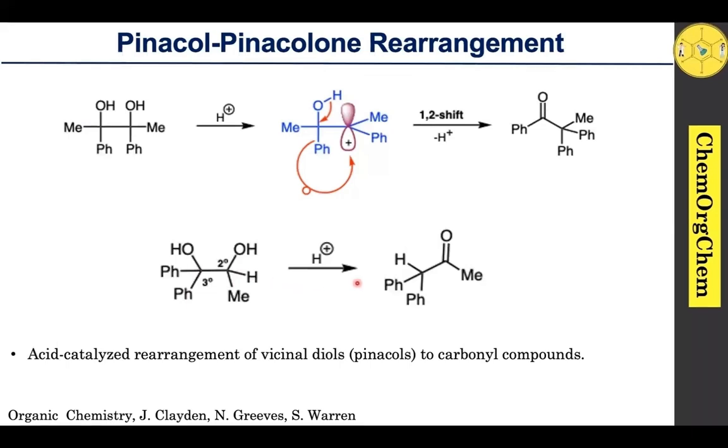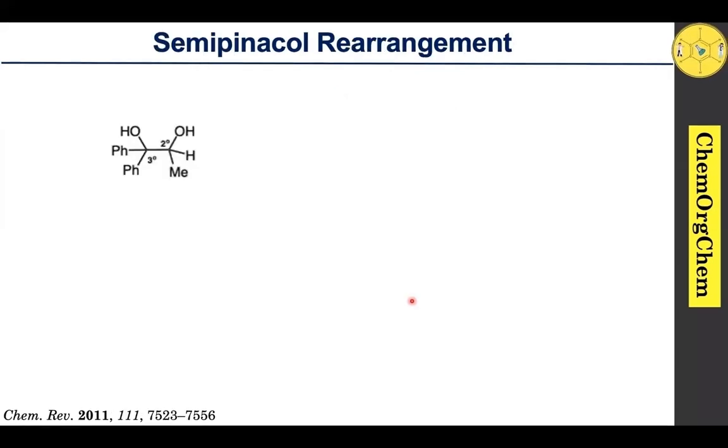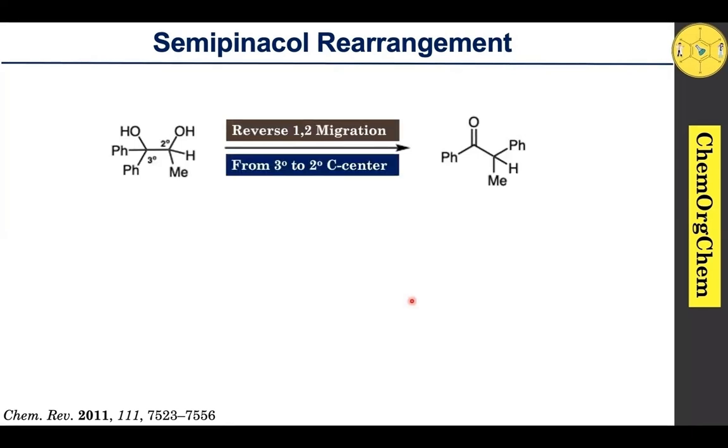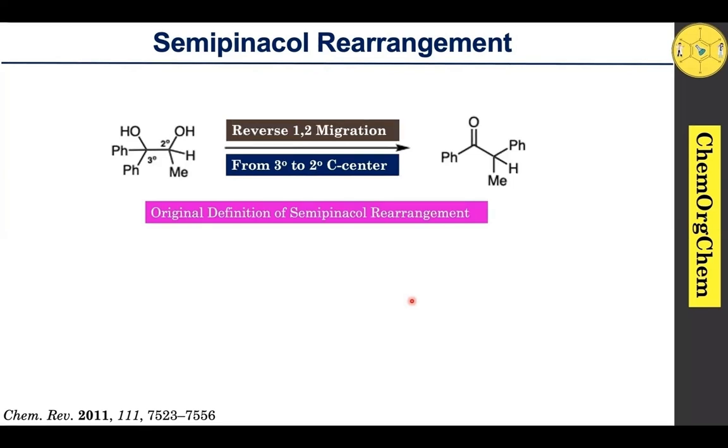Let's move on to our next slide. The semipinacol rearrangement is just a special type of pinacol rearrangement in which tertiary-secondary 1,2-diols undergo an unusual 1,2 migration towards the secondary center rather than the tertiary one. Here you see this vicinal diol, just like we saw in our previous slide. Here one of the phenyl groups migrated from tertiary carbon to secondary carbon. So this is an unusual 1,2 migration, we can say reverse 1,2 migration, which leads to the corresponding carbonyl